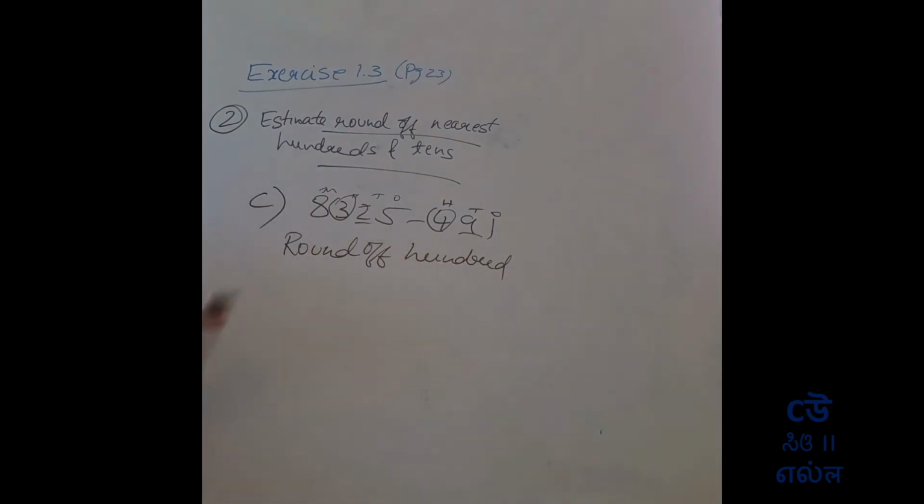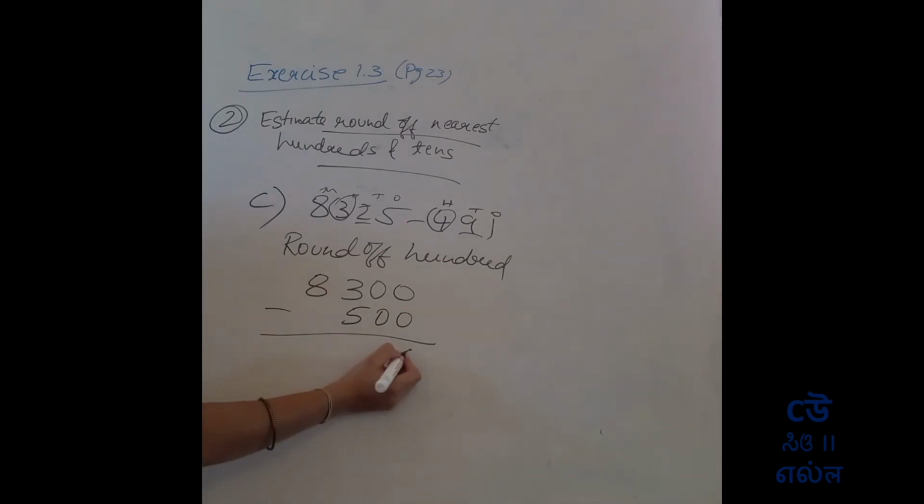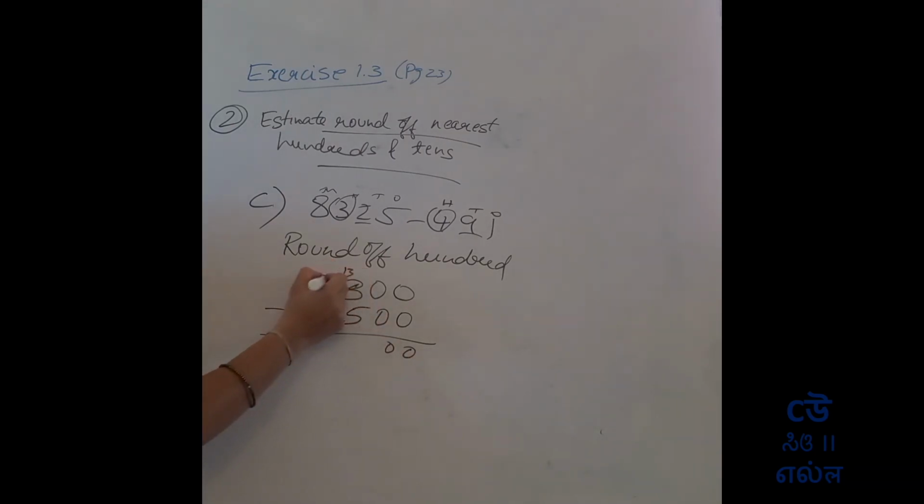So 2 is less than 5, so 3 will remain as it is. Next, 9 is greater than 5, so 4 will be increased by one number, that is 5. Okay. So if you subtract this, what will be the answer? 13 minus 5 is 8. So this will be the answer. Okay. Next, rounding off to